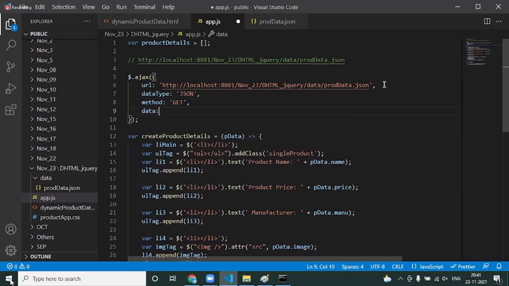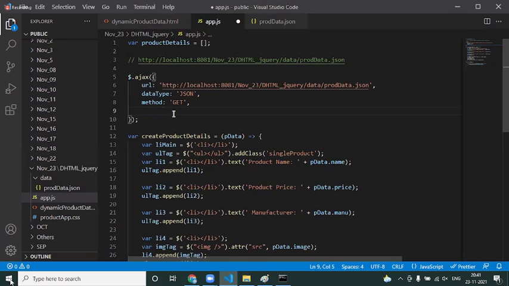Another property is called data. What is this data? In our case, we are hitting the server to receive the data. We are not sending any data. But take an example where a user is getting registered and you want to send the user's data. How are you going to send it? Anytime you are going to send data, this is what you make use of. Data is a predefined property through which you can send some data. Right now, I'm not sending any data.